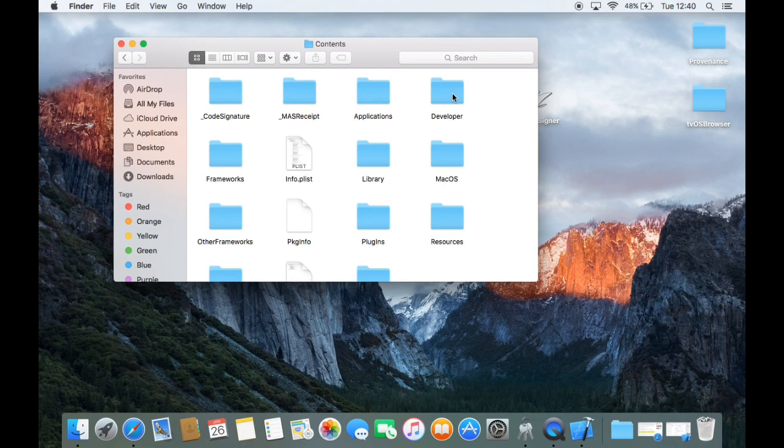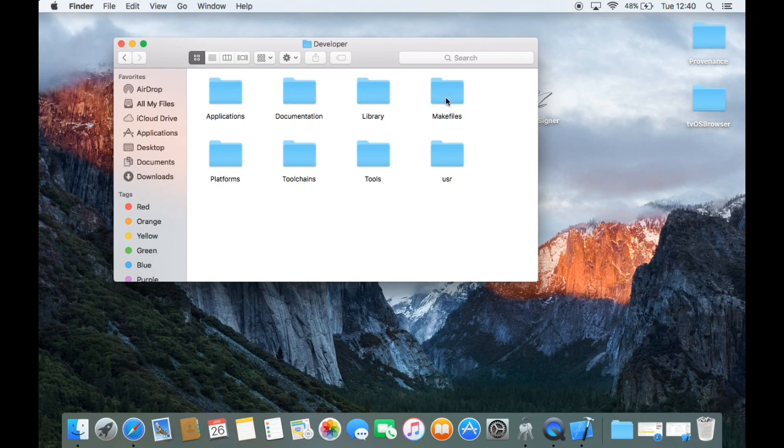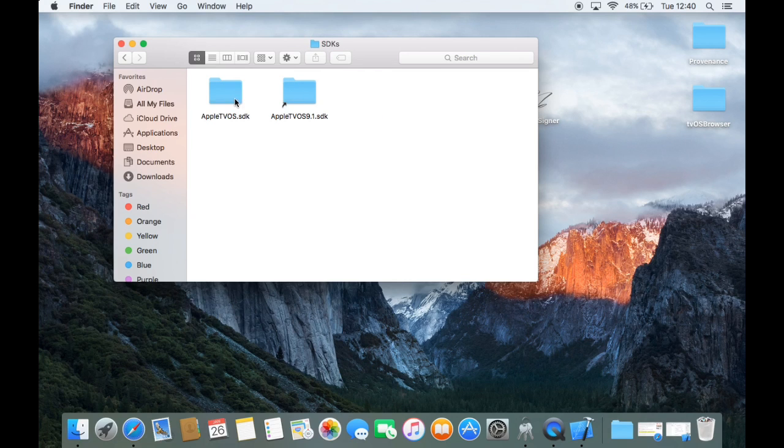I'm just going to go straight in. So we'll go to developer, and then we'll head down to platforms, and then TV OS platforms, and then developer, and then SDKs, and then TV OS SDKs, and then user, then include,